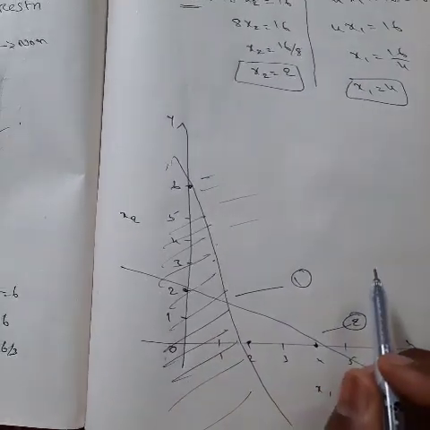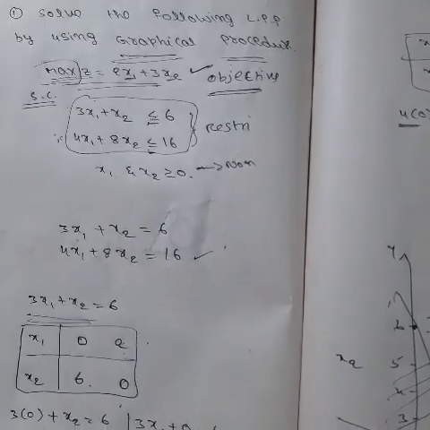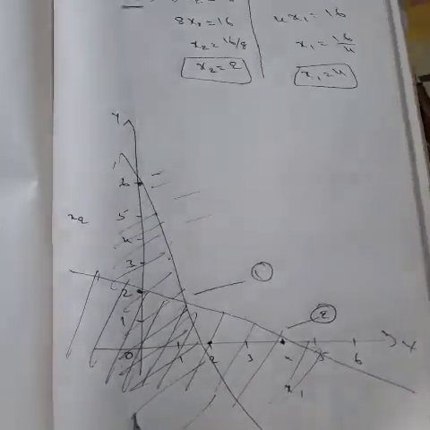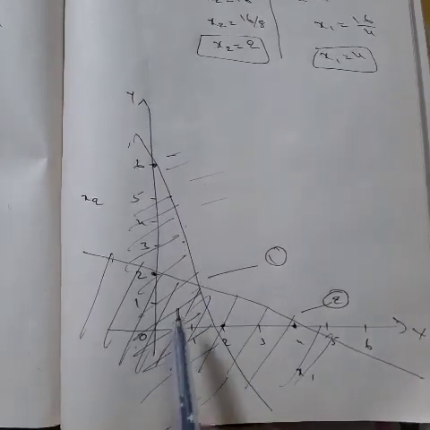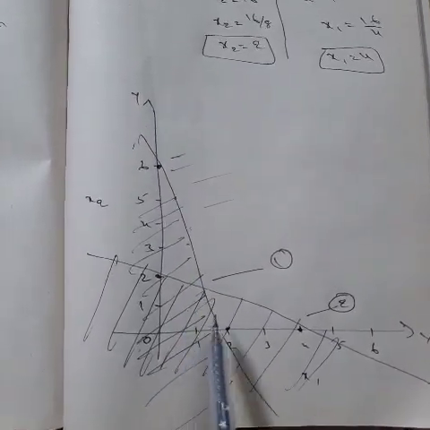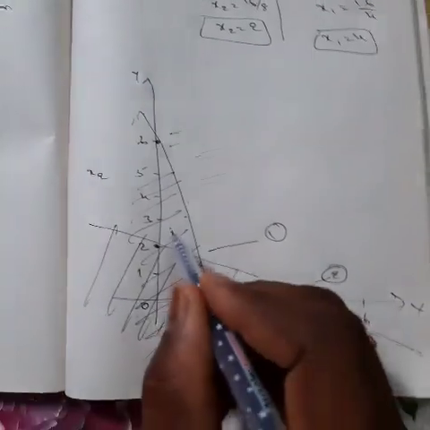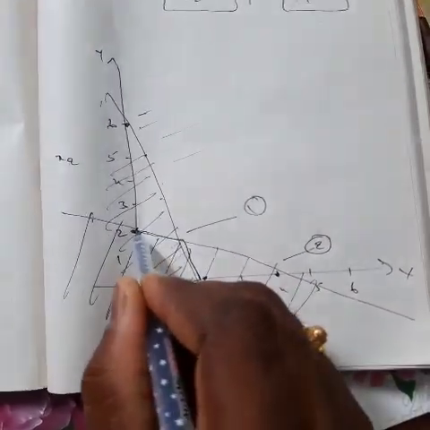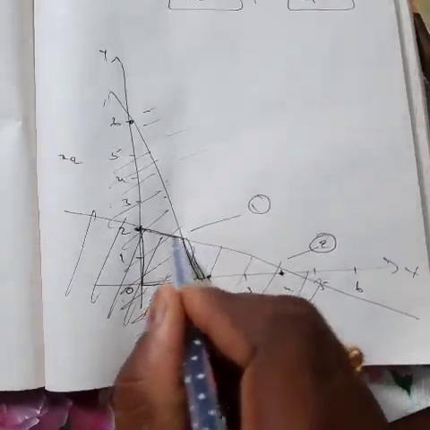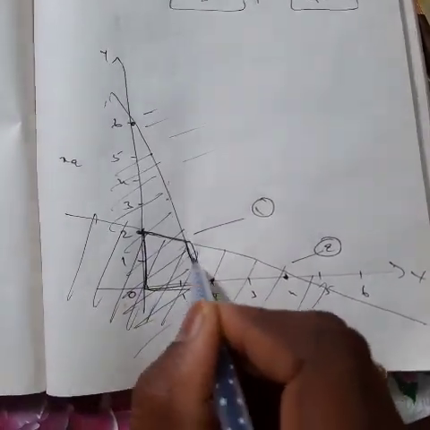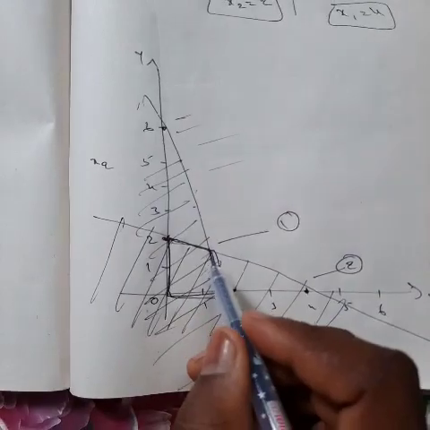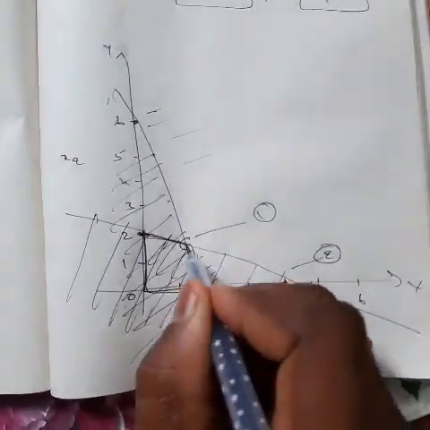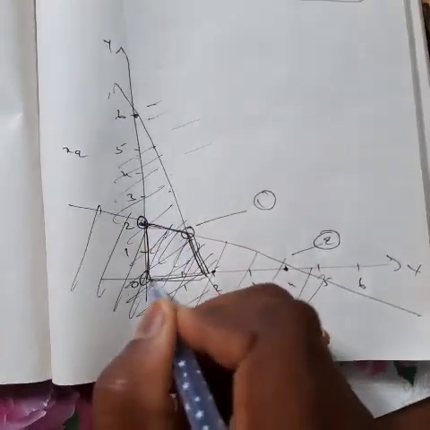Now looking into this example, the two equations are less than or equal to, so the two lines are bounded in this region. By plotting like this, you may find the two regions bounded in the same place here itself. The two lines which we have drawn are joining here. So this region is called the feasible region, and this is bounded by four different points.